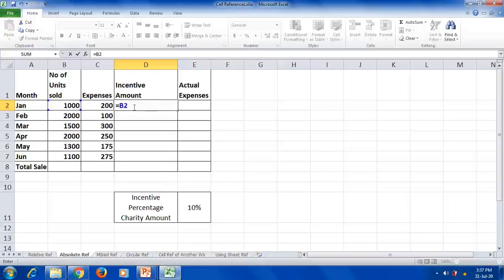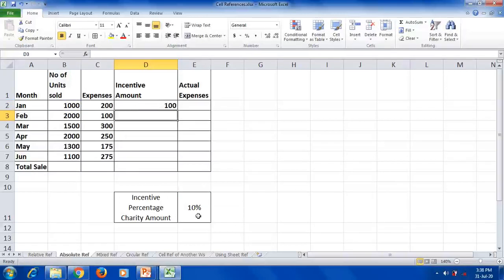B2 into dollar, and where is this 10% saved, in which cell? You have to mention that. It is saved in E, again $11, E11, so that 10% is 100 rupees. Incentive amount is 100 rupees.